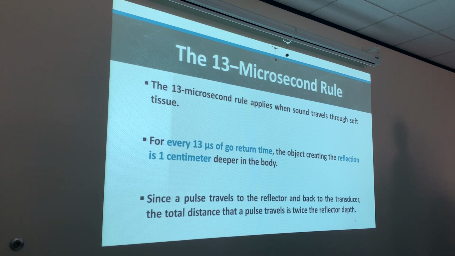same speed. Any questions on the 13? Is this where we increase our depth of view? To get that from 13 to 26, are we increasing the depth of view? Yeah, if you only have it at 1 centimeter deep. Right, okay. If you only have it 1 centimeter deep, definitely. But that's telling us how deep your structure is. You know, so us increasing the depth